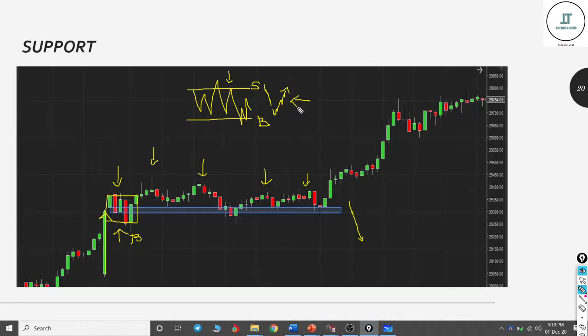Both are not strong enough to push the price either downside or upside. Same pattern, same rule. Look at this. Balanced activity, higher level sellers and lower level buyers are coming in, but remember many attempts have been made by sellers, one, two, three major attempts to push the price